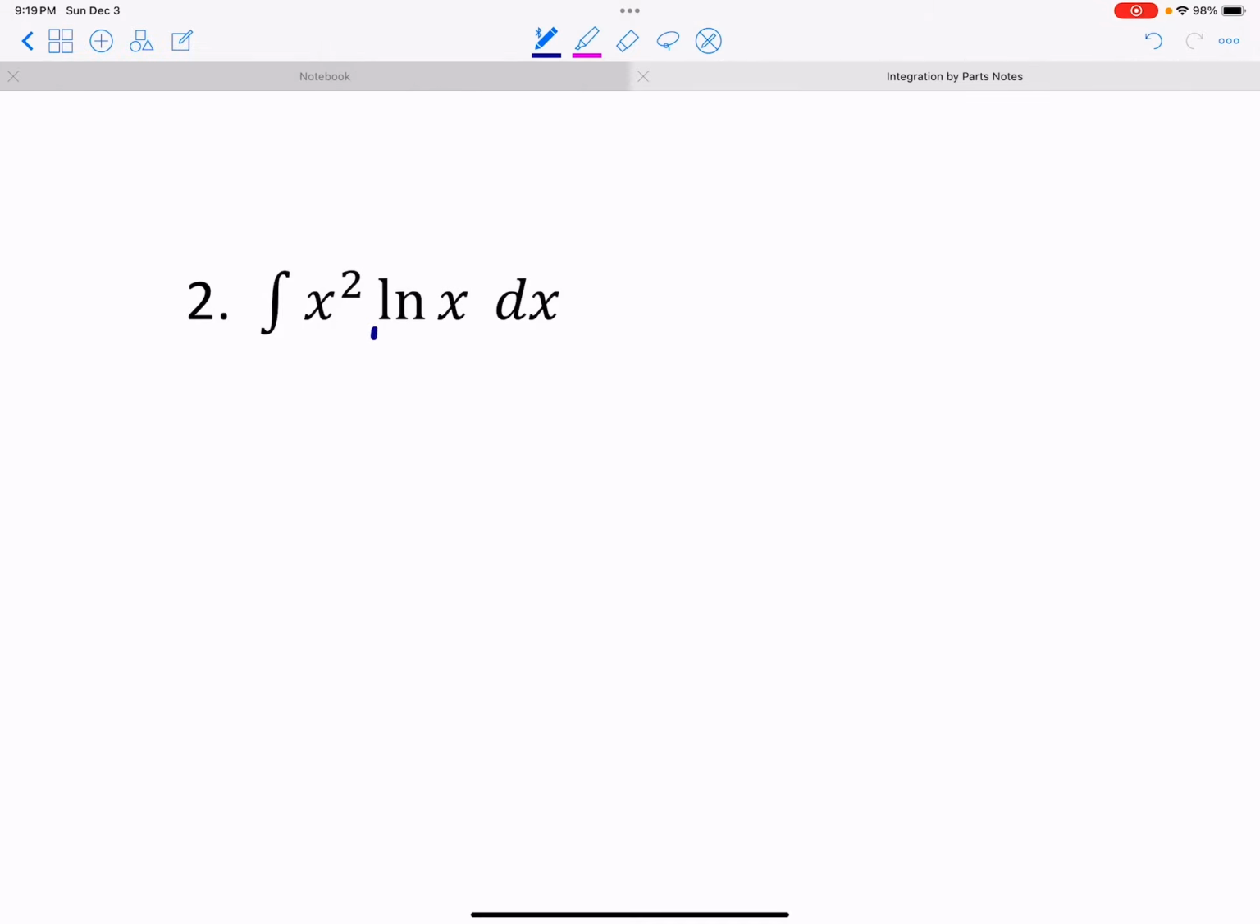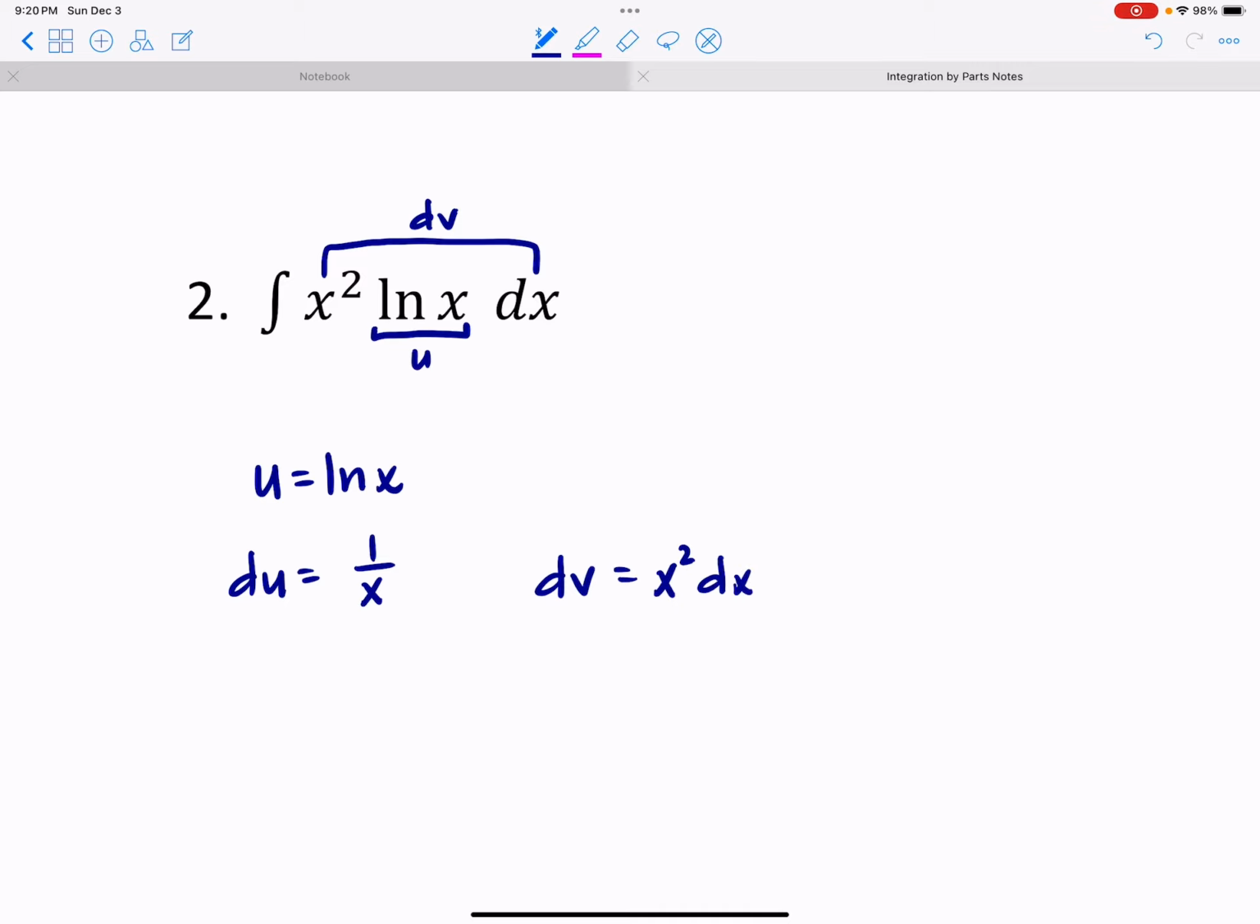Let me say that natural log of x is u, which means that the x squared and the dx would represent the dv. And see if this works, okay? So if I call u the natural log of x, then du is going to end up being 1 over x. Derivative for natural log of x is 1 over x. And then if I call dv the x squared dx, then v is the integral of x squared